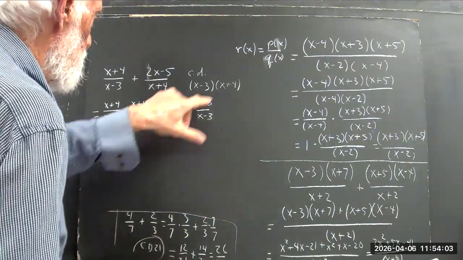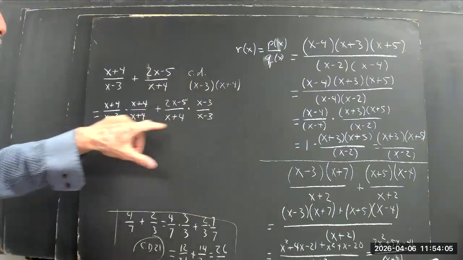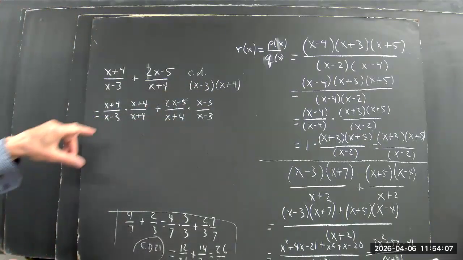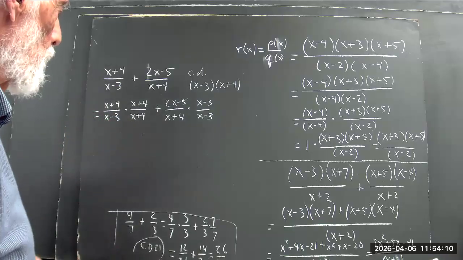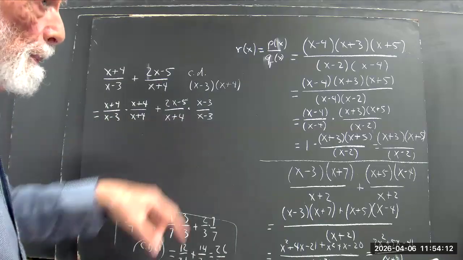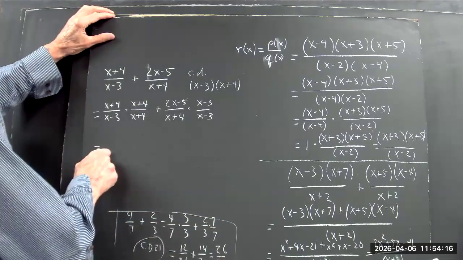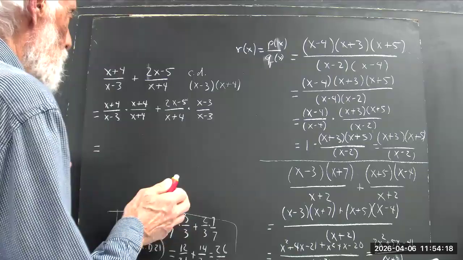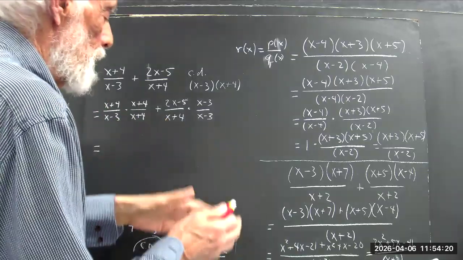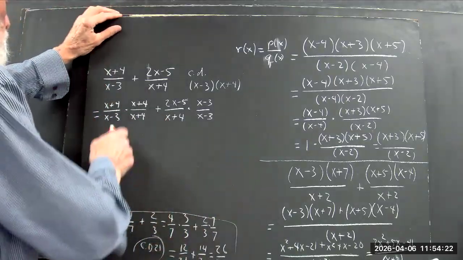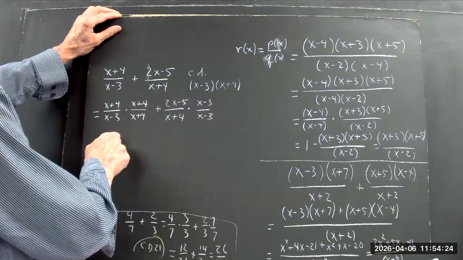And now the denominator matches. So our two denominators are identical. Now one is x minus 3 times x plus 4. The other is x plus 4 times x minus 3, but they're the same. Doesn't matter in which way two things are multiplied, you're going to get the same result. Okay, so what we then get is